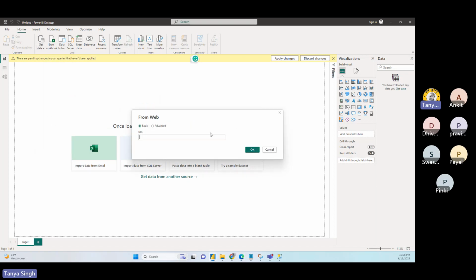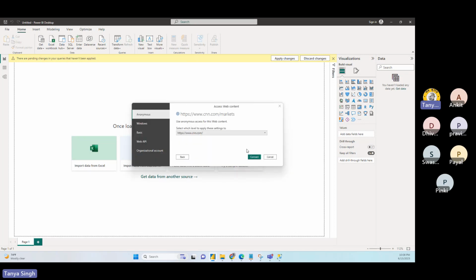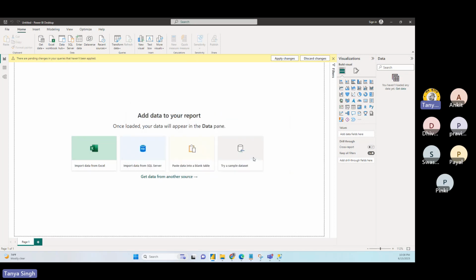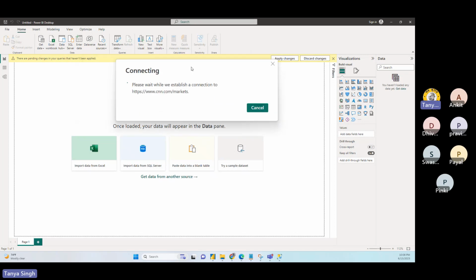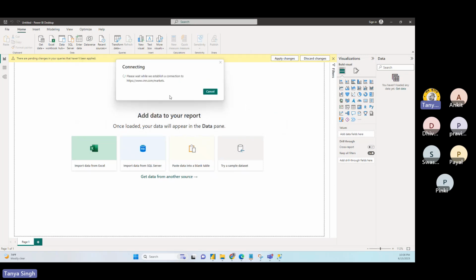You see the website option, click on it, and all you need to do is give the web URL and click OK. The tool can itself identify what it needs to do and connect. It will give you the list of tables available on that web page, and then you can select one. Again, you can go from there with cleaning, splitting, header name change, or whatever you want to do. That step will remain the same. The only change is connecting the source, and based on that, your options will change.